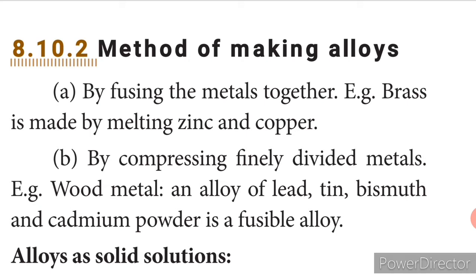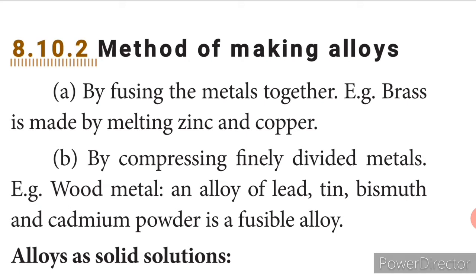For example, I said that iron or copper gets rusted when it is exposed to moisture or carbon dioxide, isn't it? So this leads to the corrosion or eating up of the metals. You say it as rusting or corrosion, right? So to modify the chemical activity, if you take alloys, they will be less corroded, or you can say the corrosion will be minimized. So to modify the chemical activity, to lower the melting point of the metal, or to increase the hardness, the strength and the utility of the metal, alloying is done. And to increase the resistivity to electricity, or the hardness of the metal, alloying can be done.